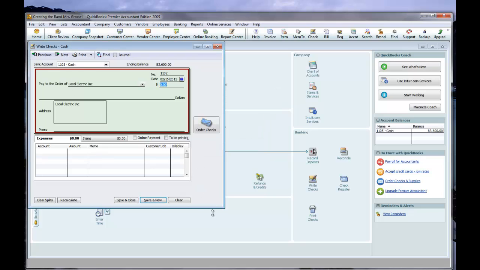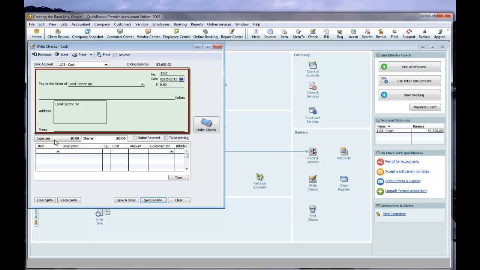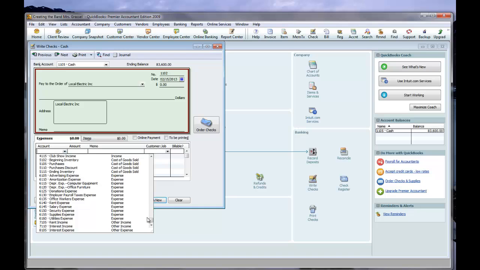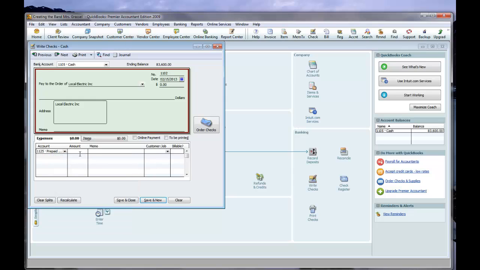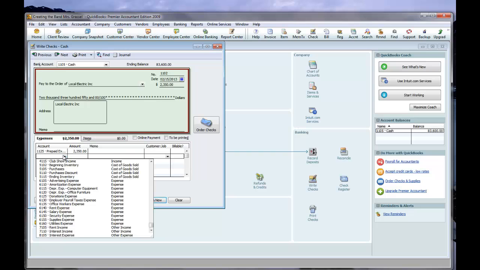Okay. Now, on the very bottom is where we need to go through and categorize this. And I want to get this in there. So, if we go to expenses, even though we're not really using expense, you have your whole chart of accounts on the bottom. Do you see that? So it tells us that we need to debit prepaid expenses for how much? $2,350. And then we need to also debit prepaid